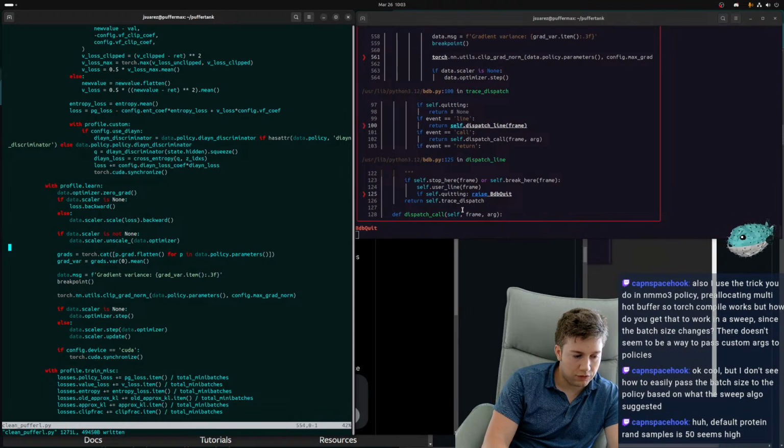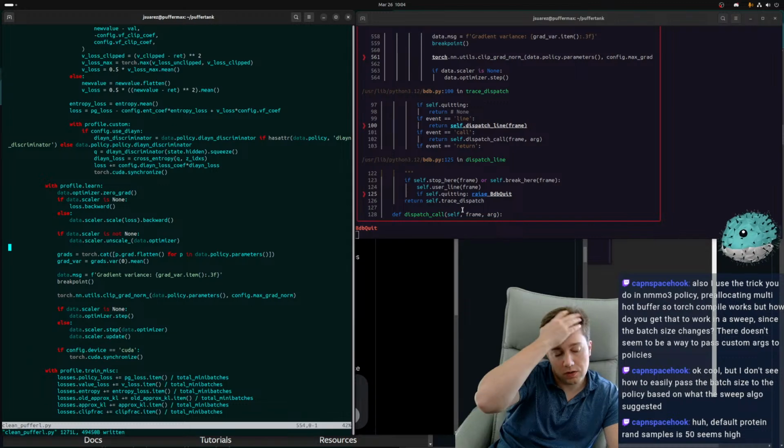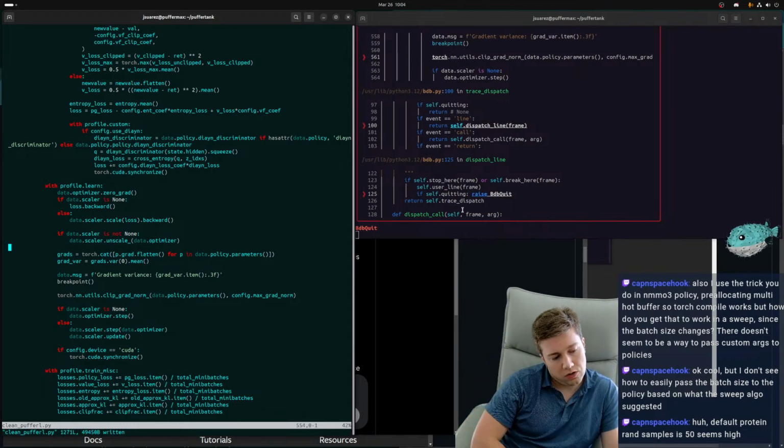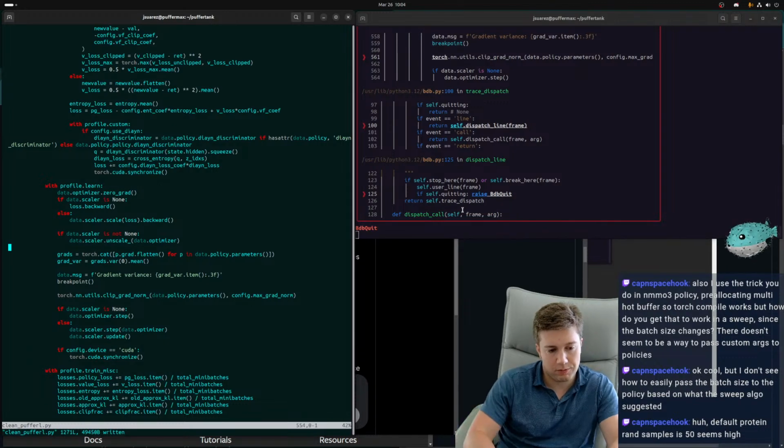Protein rand samples is 50. It's not 50 experiments though. If you look at the way we do it, that's 5 experiments. You get the entire trajectory history at the moment. So we take the whole loss curve or the whole training curve. We subsample, so we get 10 samples from it. And then you give 10 samples per experiment to protein.